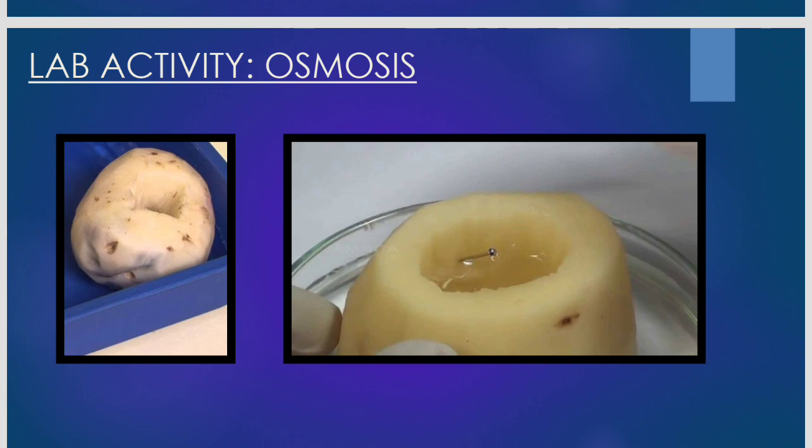What have we done? We have taken a potato, peeled it, made a cup-shaped cut, filled it with sugar solution, marked the level with the pin, and kept it in a petri dish or tray containing water, making sure the potato does not sink into the tray or beaker, whatever you take. The level of the water should be only half of the potato. After 4 to 5 hours, we observe that the level of the sugar solution inside the potato will rise because of endosmosis.